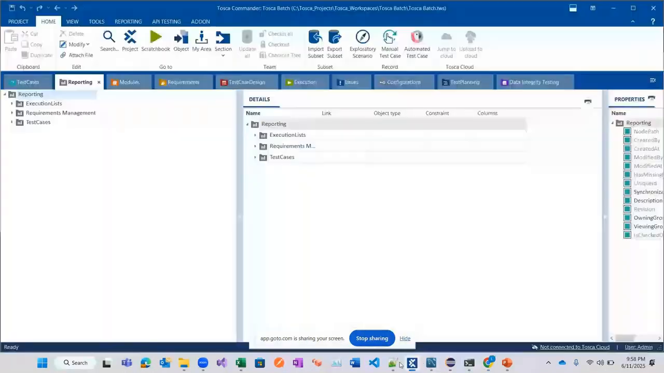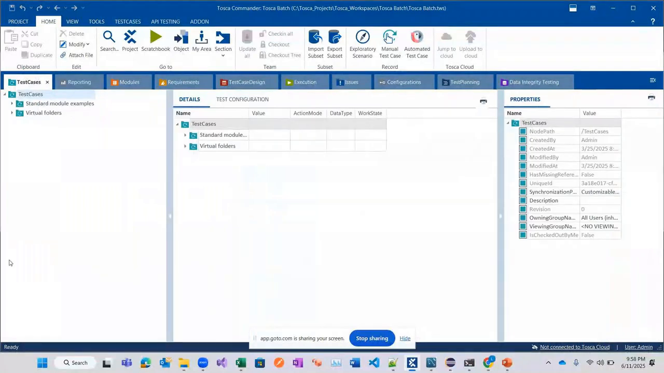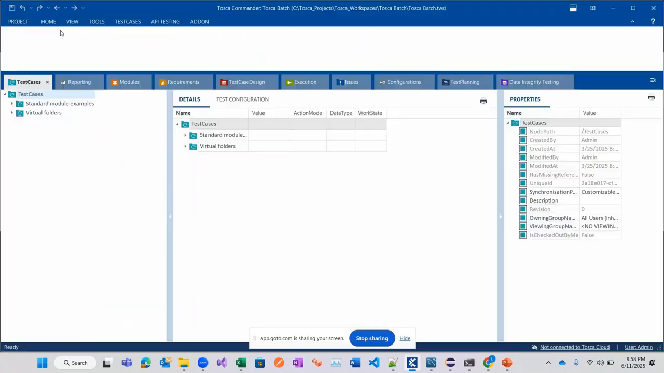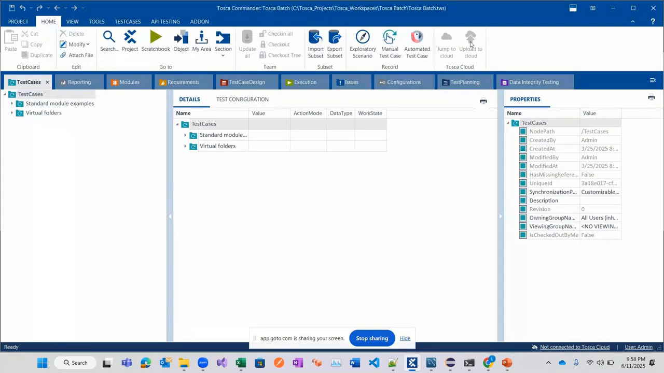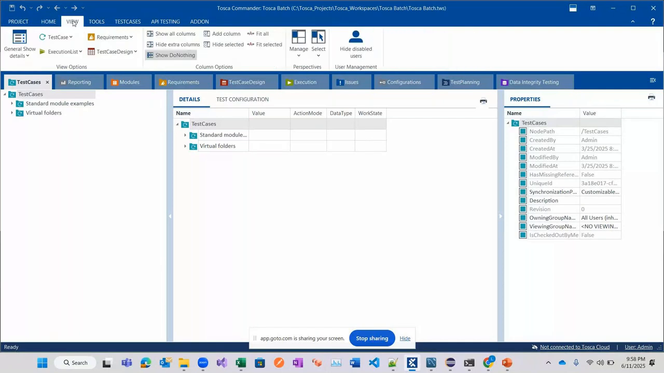Okay, so this is the application, like the Tosca looks like. This is the title bar and this is the menu bar. And this is a ribbon, like whichever menu you are clicking, that menu's details will be highlighted in this